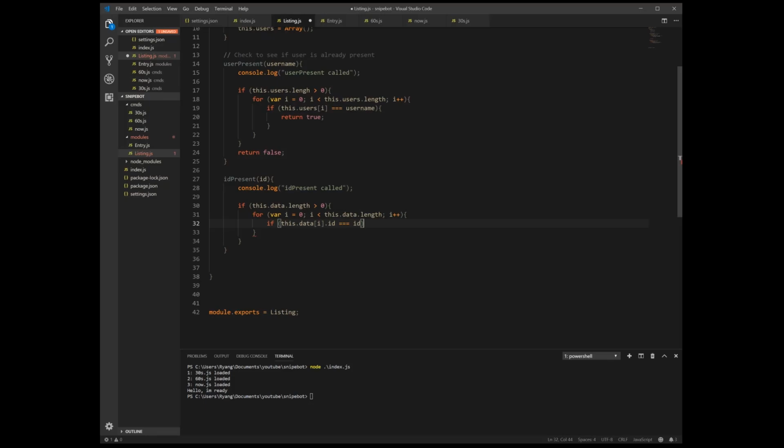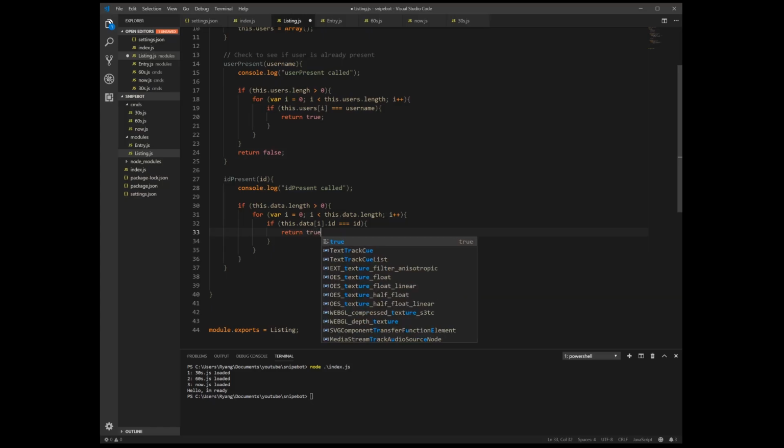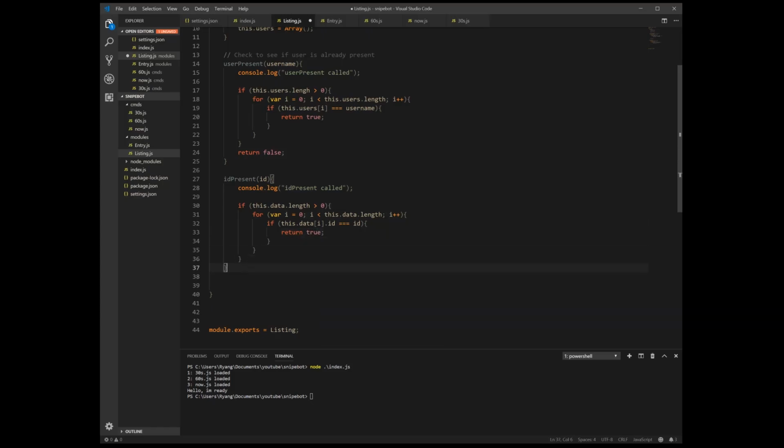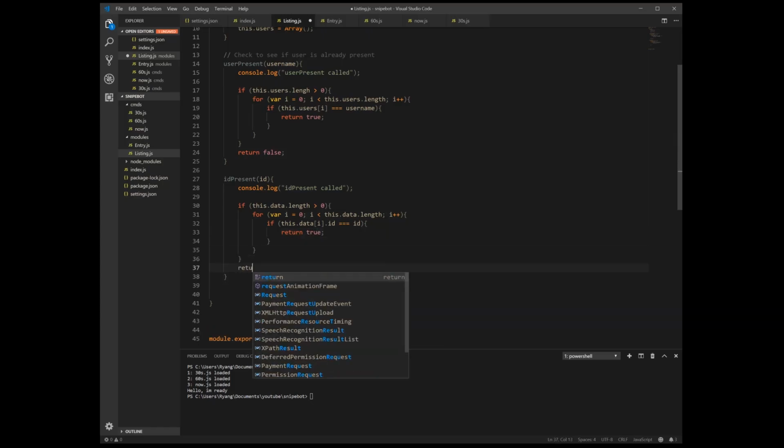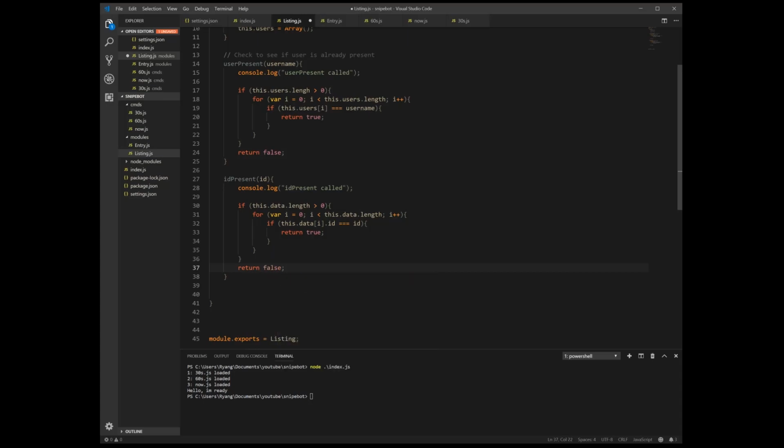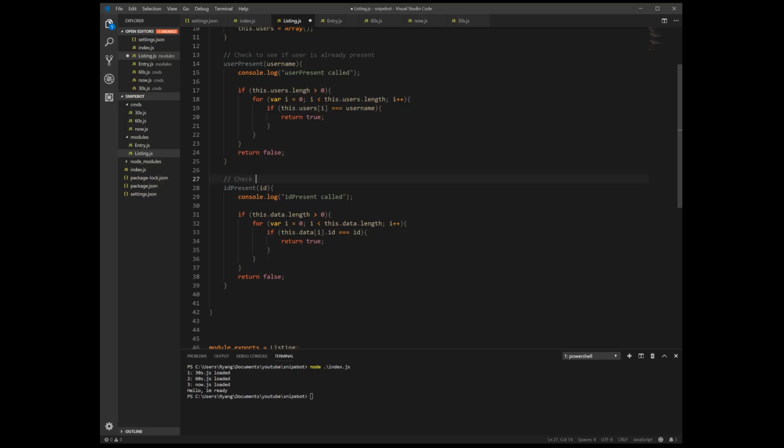And if we find it, we return true. If we do not find it, we return false. Alright. Just check, see if ID is present.